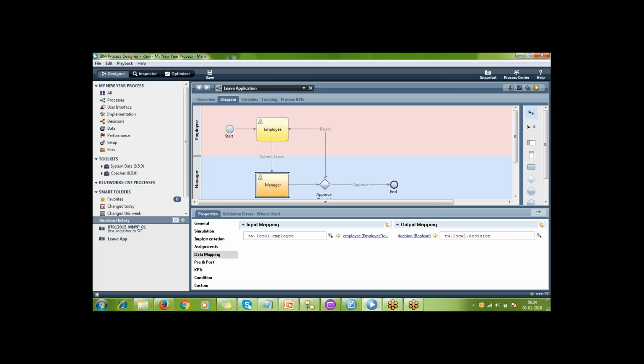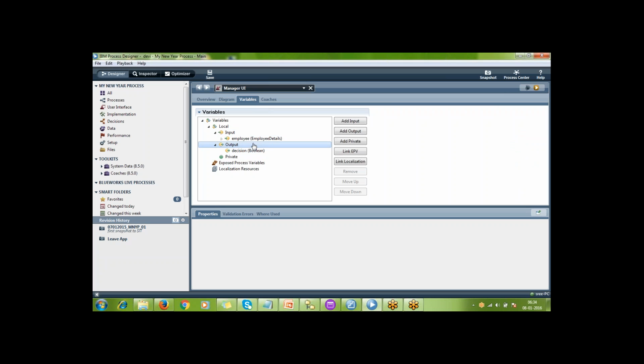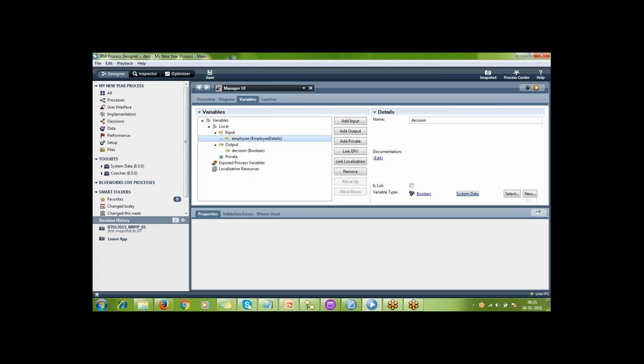Similarly, if I go to the manager, I can see two types of mapping: one input, the other output. Why did these two types of mappings come? If I go inside, in the variable section, you have taken an input variable and an output variable.